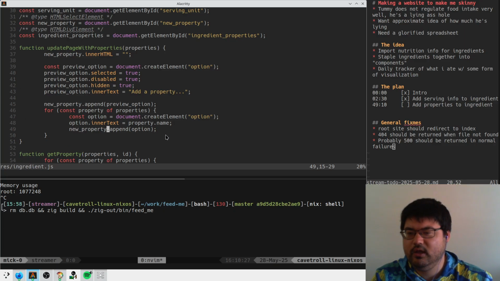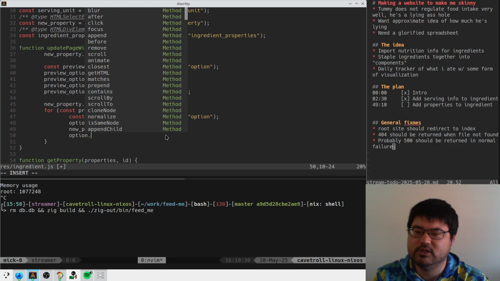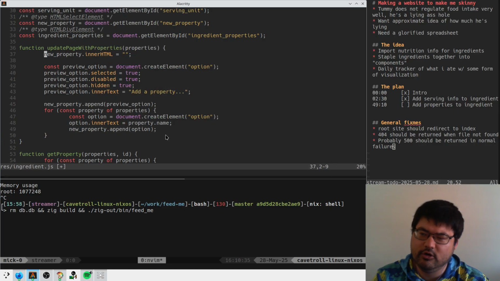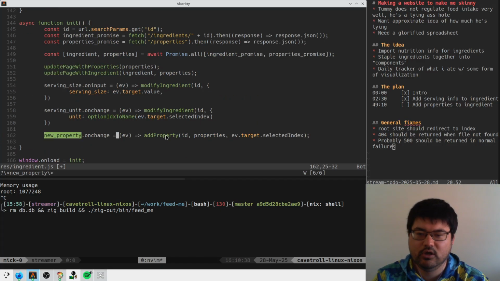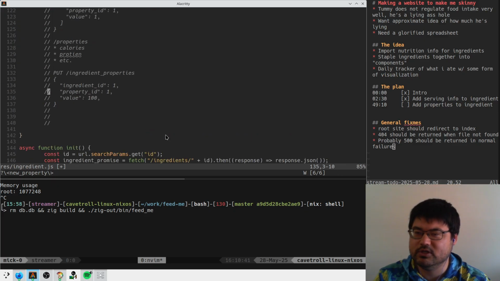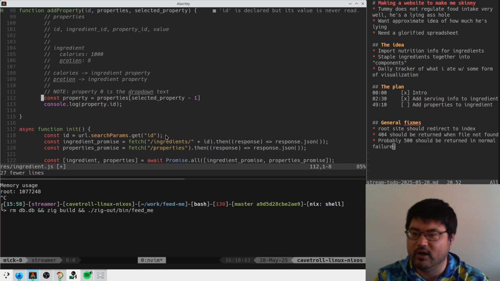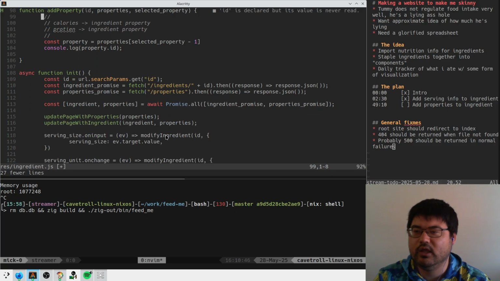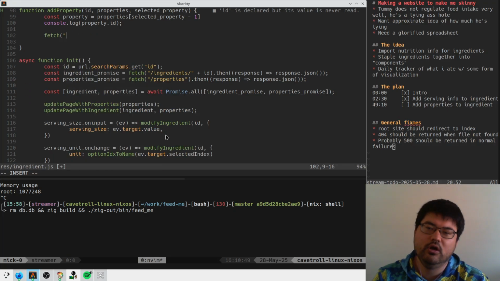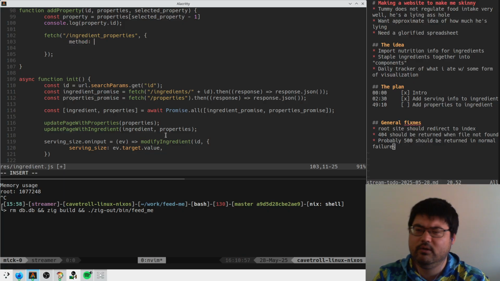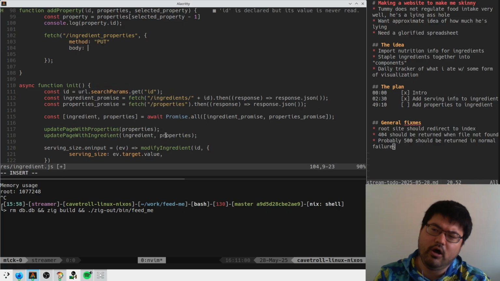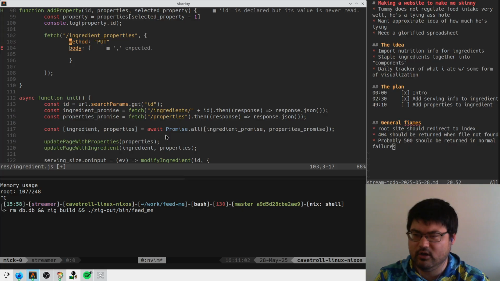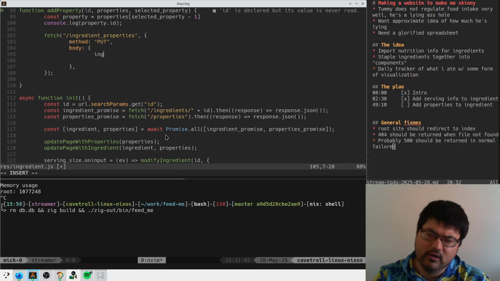And for each property, we say option. I guess it's more like when the new property is changed, which we actually have here. Add property, and then we just didn't do anything. I forgot. This all started a while ago. So here, I guess it's literally just fetch on ingredient properties with method put, and body is whatever we said that the body should be, which I don't remember. Ingredient ID,